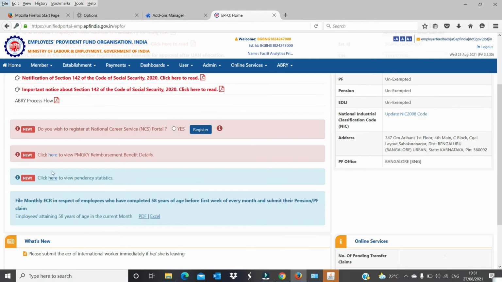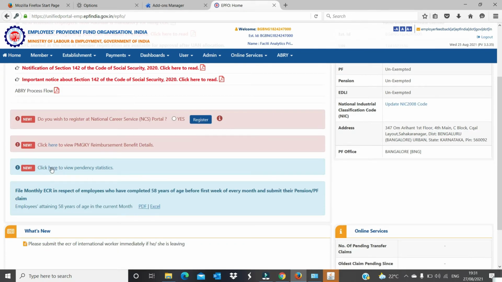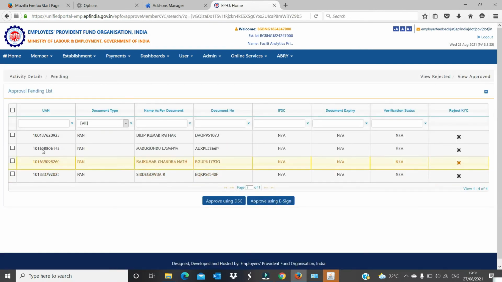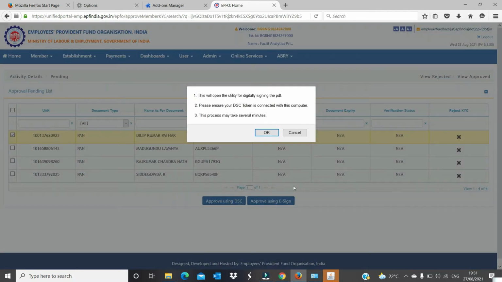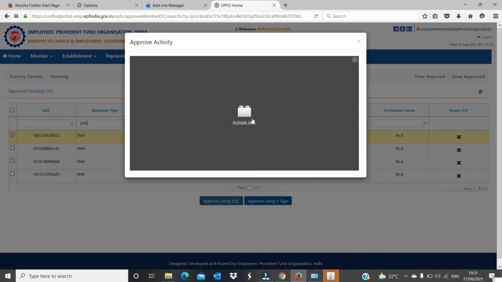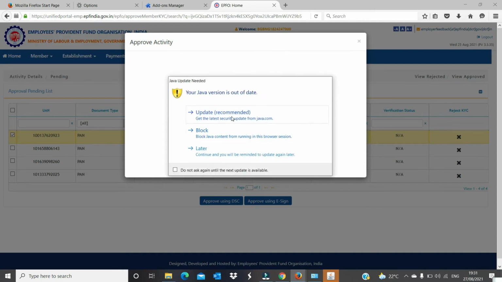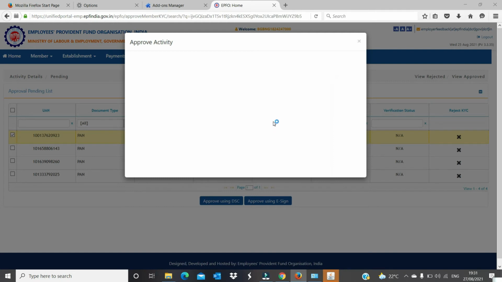Once you log in, just click on the pending approval, whatever is there, and it will show you. So 4 are here. Let me check how it's working now. I will check just one, whether any error is coming or not. Just click on active and allow, show other also, allow, okay. And it will ask for an update, but don't update, click on later. If any new Java version is there, the system will ask for updating, but don't update it, because if we update it, then again it will get a problem and you will not be able to work again.